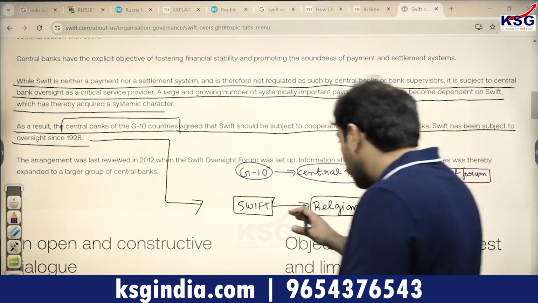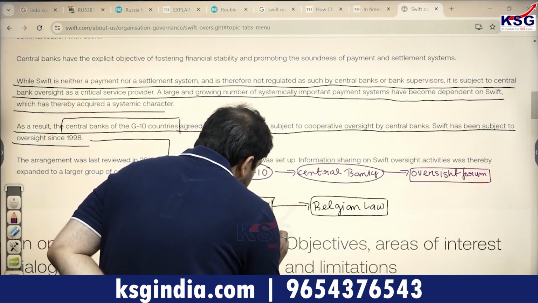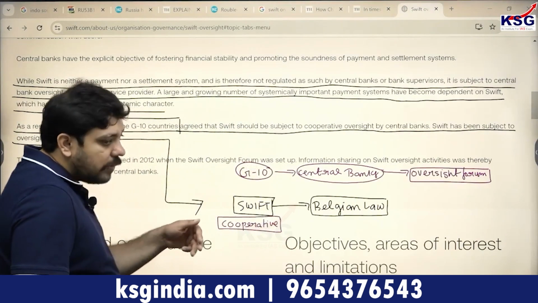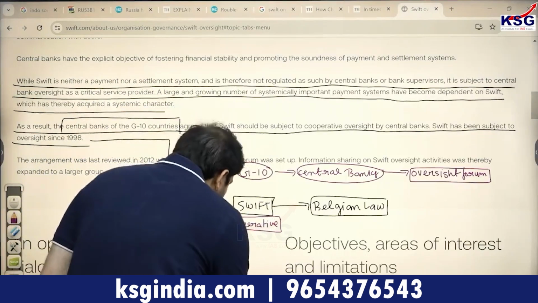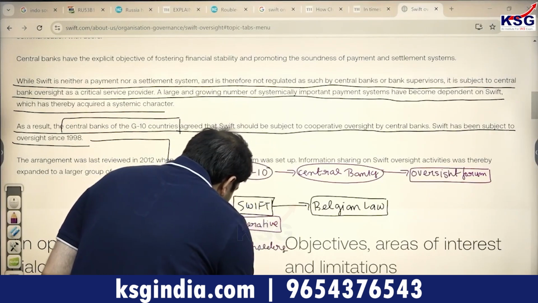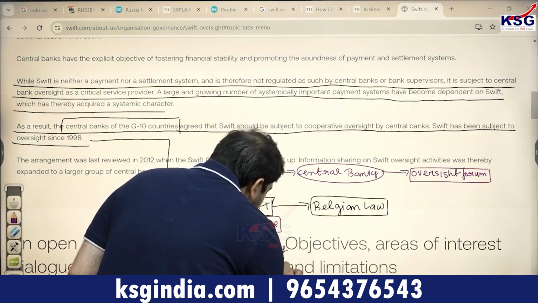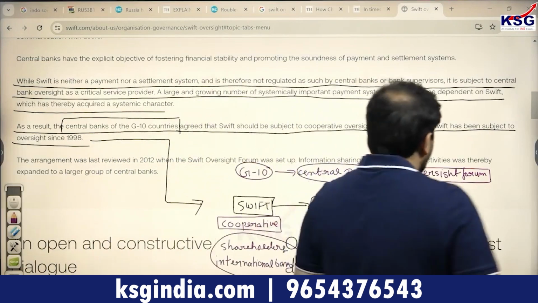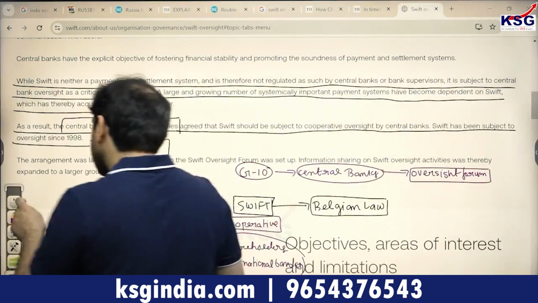Right. And the members of SWIFT, for example, how a cooperative works. A cooperative is a body which is created like a corporation, but it has a slightly different structure than a corporation. So the members or the shareholders of the cooperative are international financial institutions, right? So it is the international banks which are the shareholders of the SWIFT cooperative. Clear? So just get a sense of what we are understanding here in terms of the organizational structure of SWIFT.